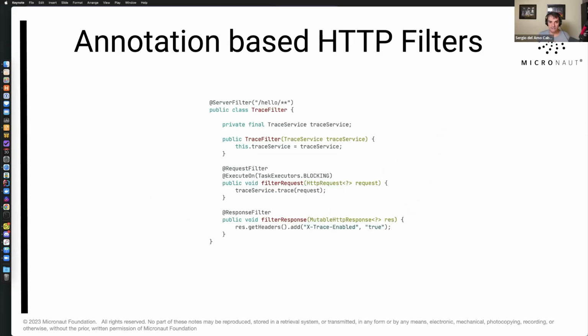Annotation-based HTTP filters. This is another feature that is part of Micronaut 4. We supported server filters and client filters in Micronaut 3. When you were writing a server filter in Micronaut 3, you would implement the interface HttpServerFilter, and that would force you to override a method with a publisher return type. What we have seen is that many users don't want to write reactive code. They want to write all their applications